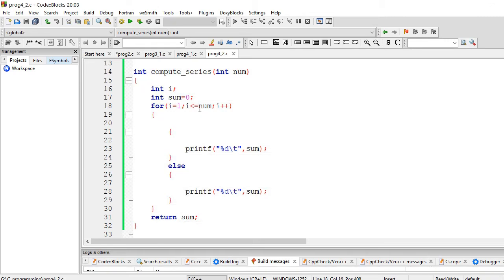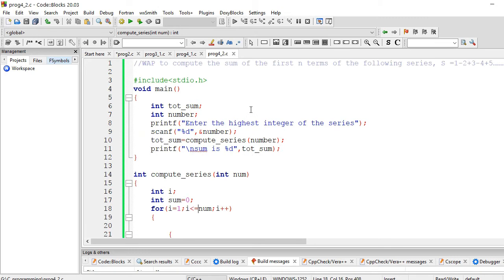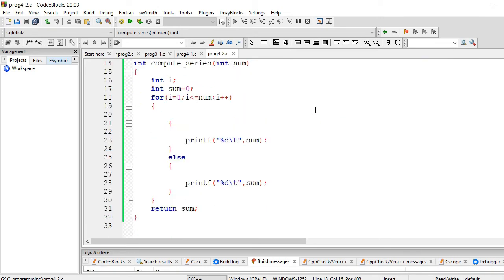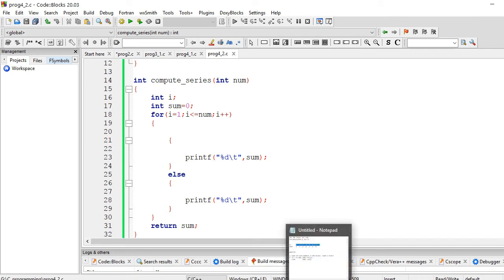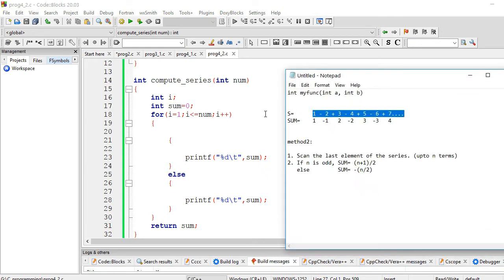So what is the logic behind our series? We can do two methods for this problem. This method is the simplistic one. We have to access up to the nth term first.